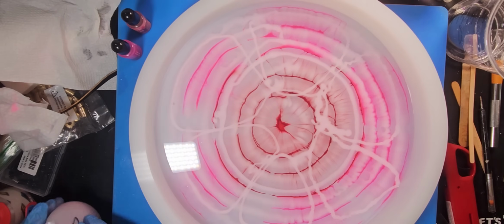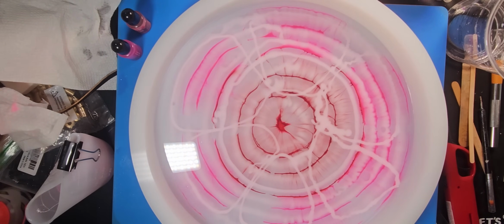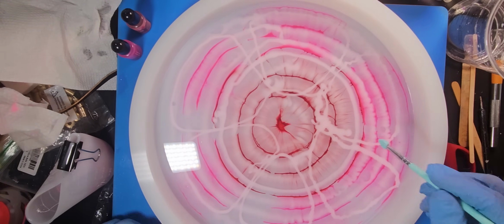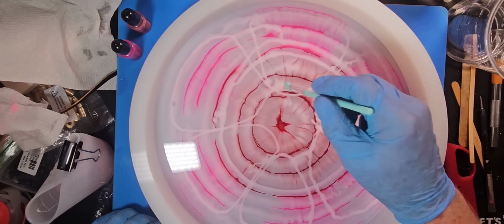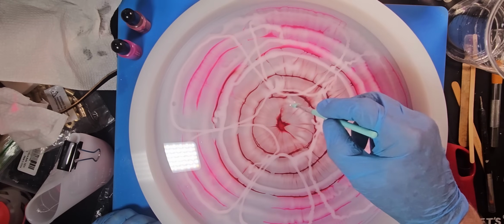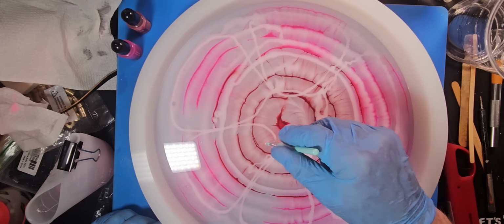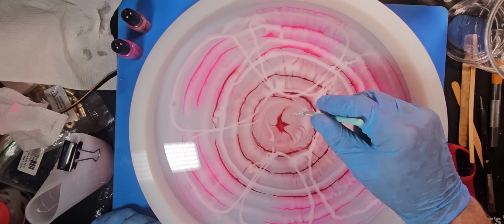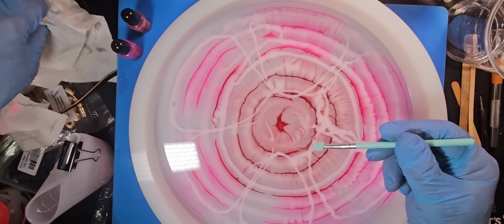Okay, I'm going to leave the rest of that alone, and I'm going to get my dotting tool, not my dotting tool, my silicone wandy tool. And these little guys right here started off not together, so I need to make sure